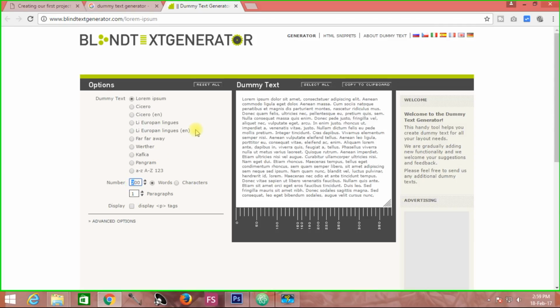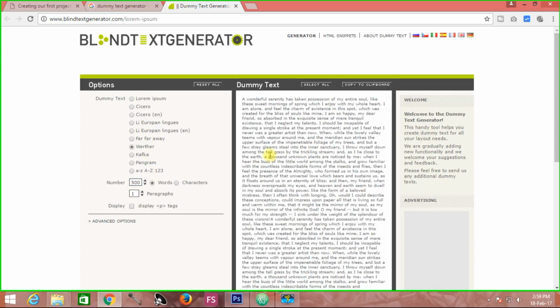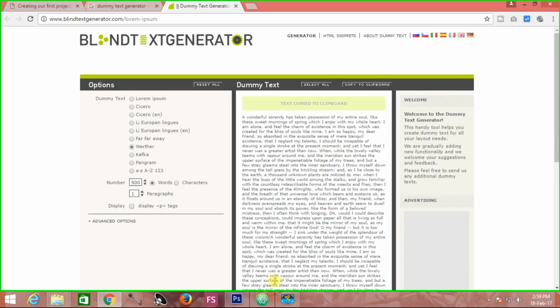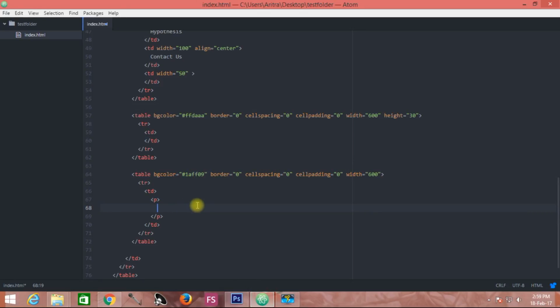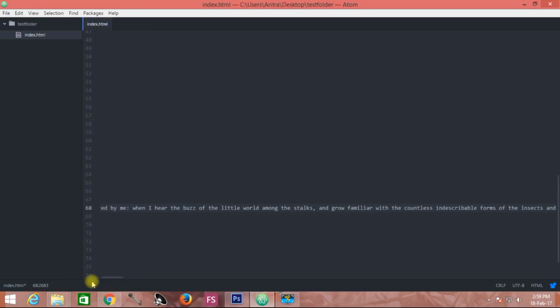You may set the total number of words. You may change the content, and from here all you need to do is to copy to clipboard, then come back to your project and paste it over.